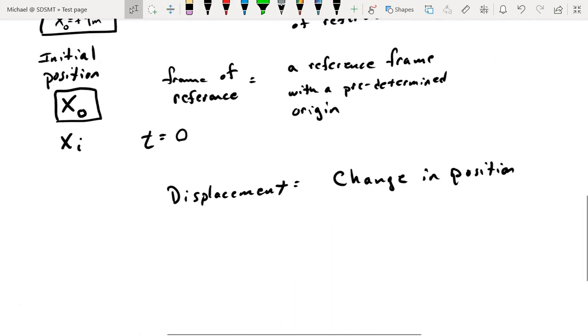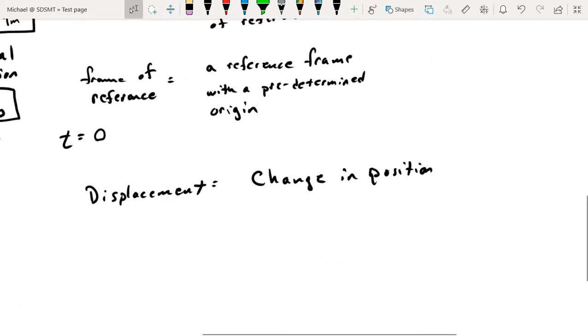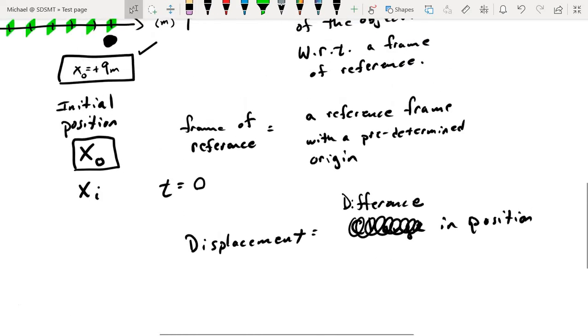So to help us out with that, we're going to come back to the definition of displacement. And all we have right now is change in position. Well, I would like to update this description. Instead of using the word change, I'll use a synonym for the word change. We'll say difference. So displacement is the difference in the position values. But the word difference has a very specific meaning in science and mathematics courses. To take the difference in two values means to take a subtraction.